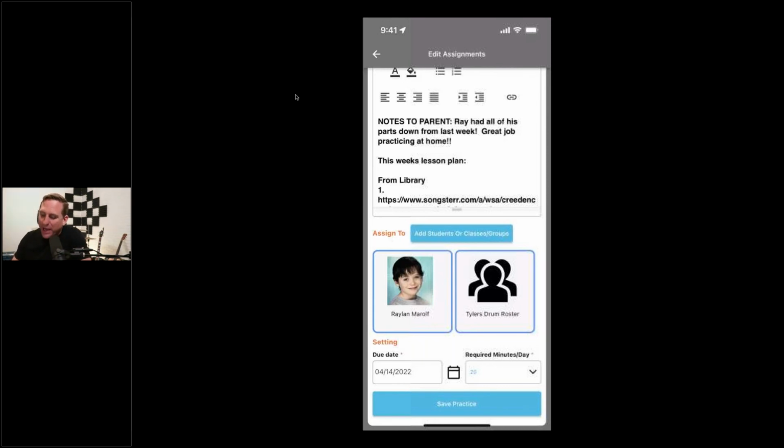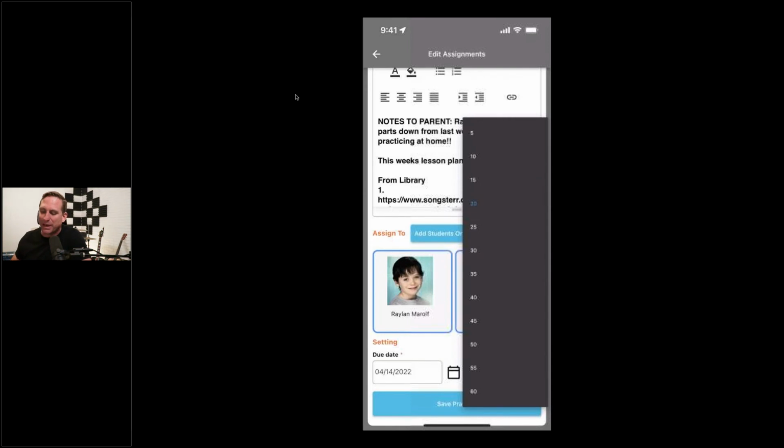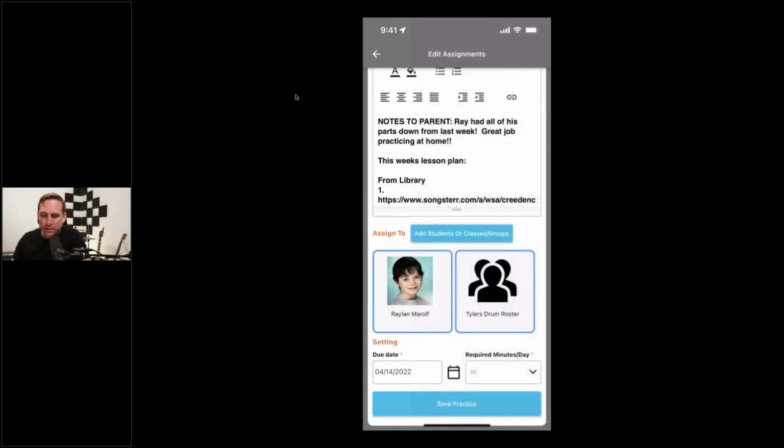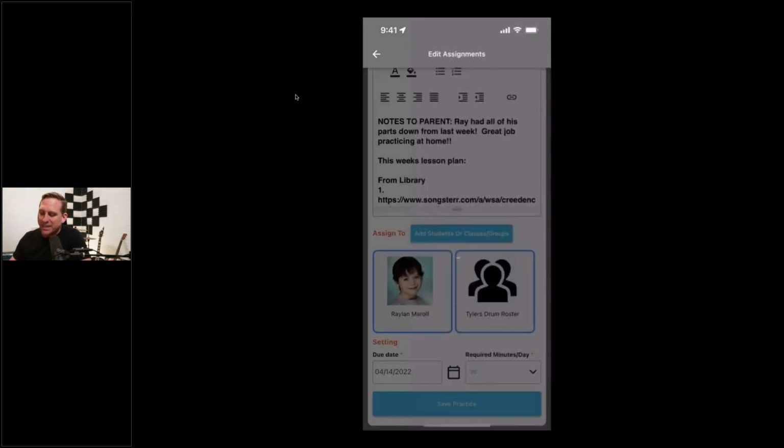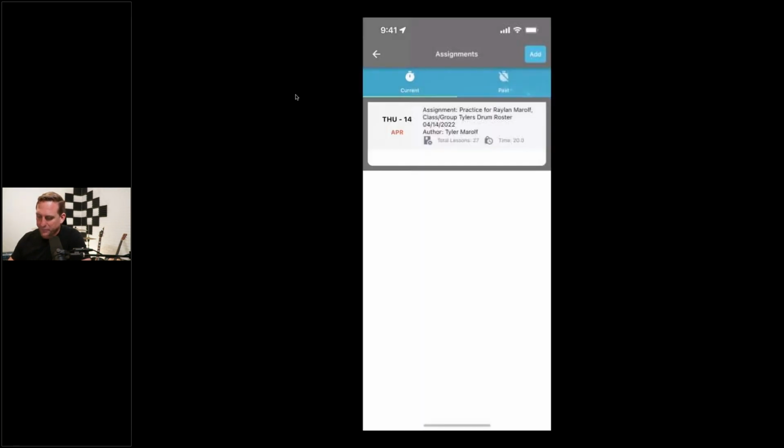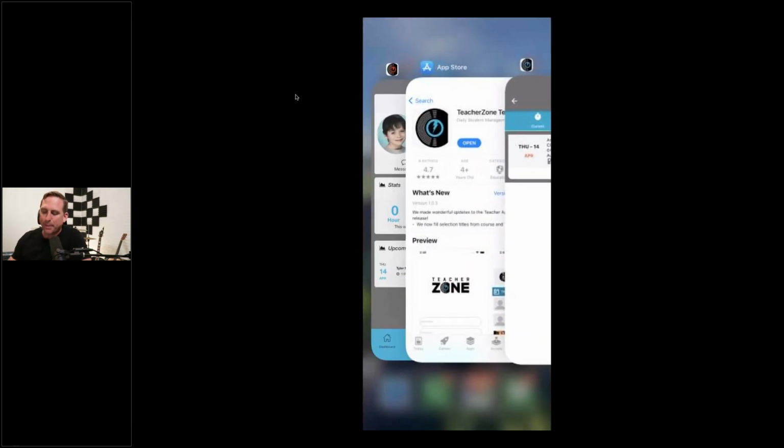Okay. Also at the bottom, it already populates an automatic due date for a week from the day, but you can also click on the calendar and choose. And then minutes per day, what's that all about? That's practice time. Okay. So if I hit save and then run over to Raylan's app, now I'm in the